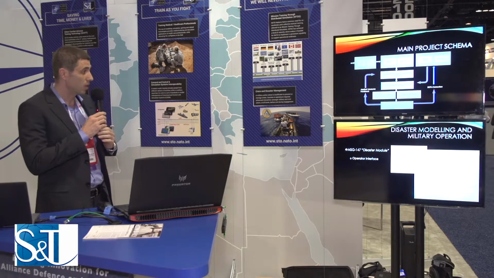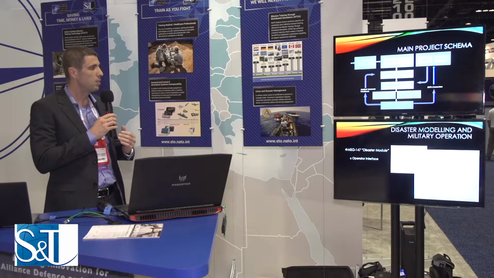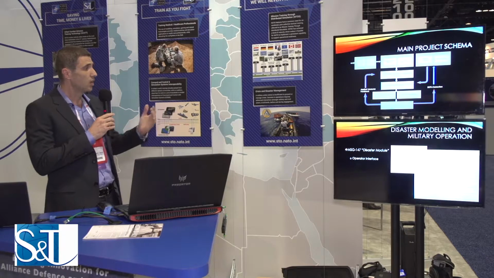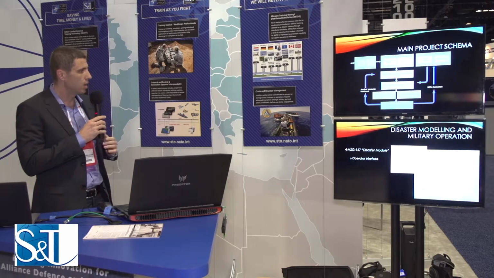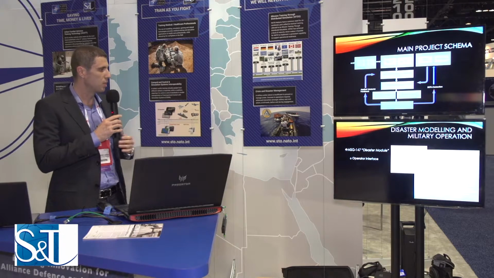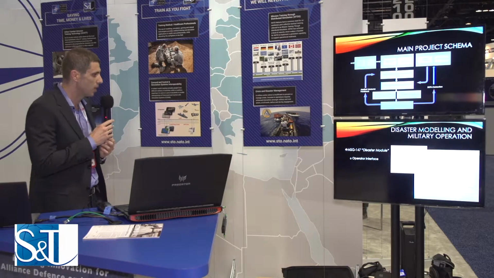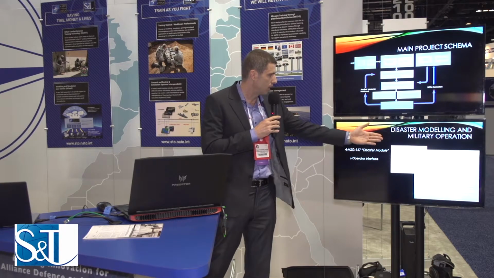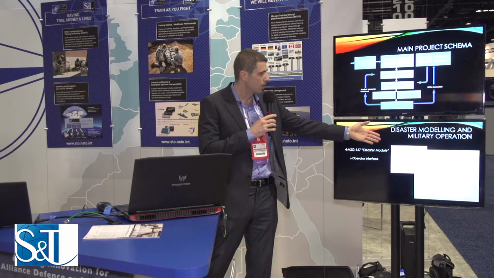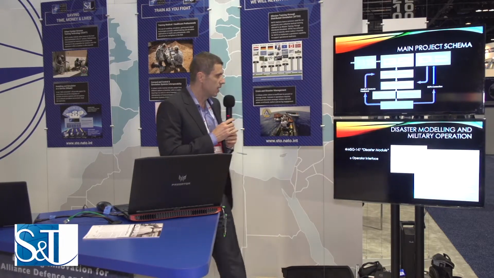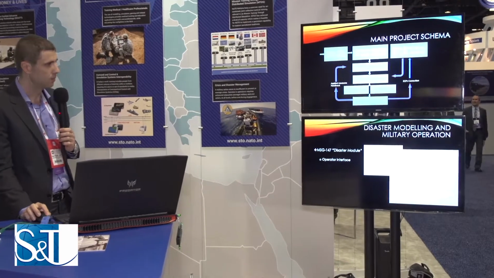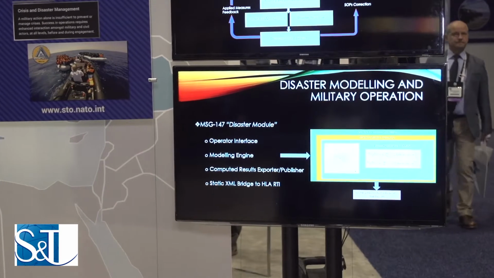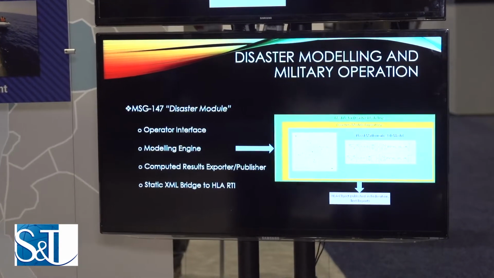So, as Colonel Nikolov said, we started with the Siberian incident, and this is the interface of the disaster module. Here you can tune, or input, the specific data for a specific gas, for example. This is data from the database. We have data for the weather conditions, location, etc. Then this data goes to the engine.